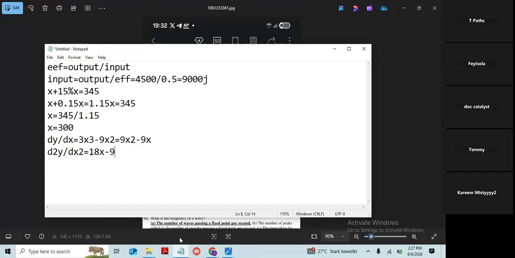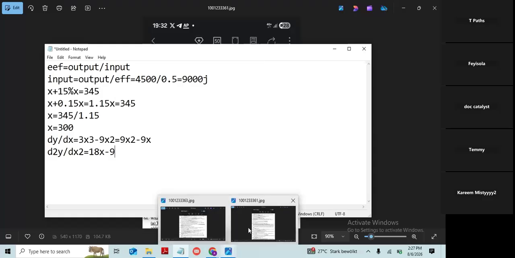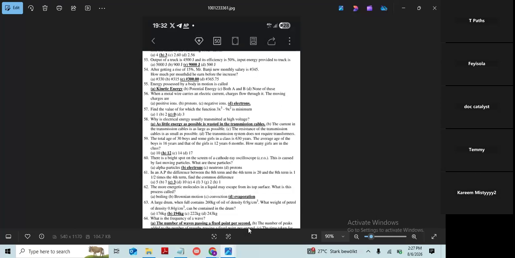Of course, you can just solve your answer from that place. But 18x minus 9, I think that's the easiest way to solve. Now we have an option in the question. They ask when it will be maximum, but the option in the question is kind of